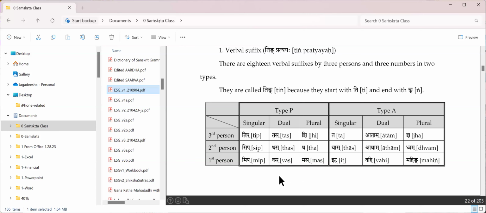Okay. So now let me go back. Let me ask you one question, please. On the same table, tip, sip, and mip, only the first letter counts: T, S, and M? Yeah, because the ending ones are it letters. So then why in the plural does the ending one not exist? That is what I said.